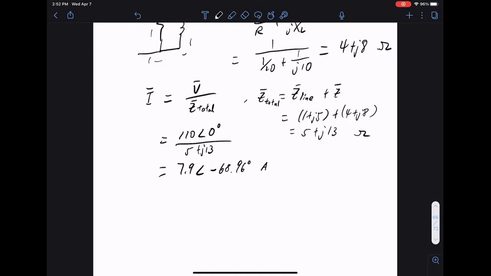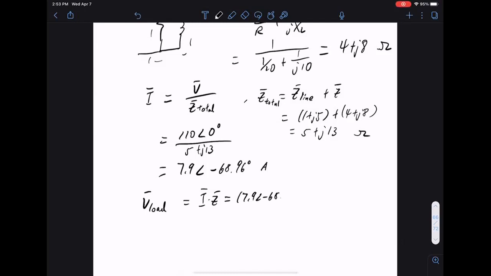Now next, let's find the load voltage. Okay, let's find the load voltage. Again, Ohm's law still works, right? So you have this much current going through a load with impedance Z. Load voltage is still I times Z, okay? Current times impedance is the load voltage. You plug this in,